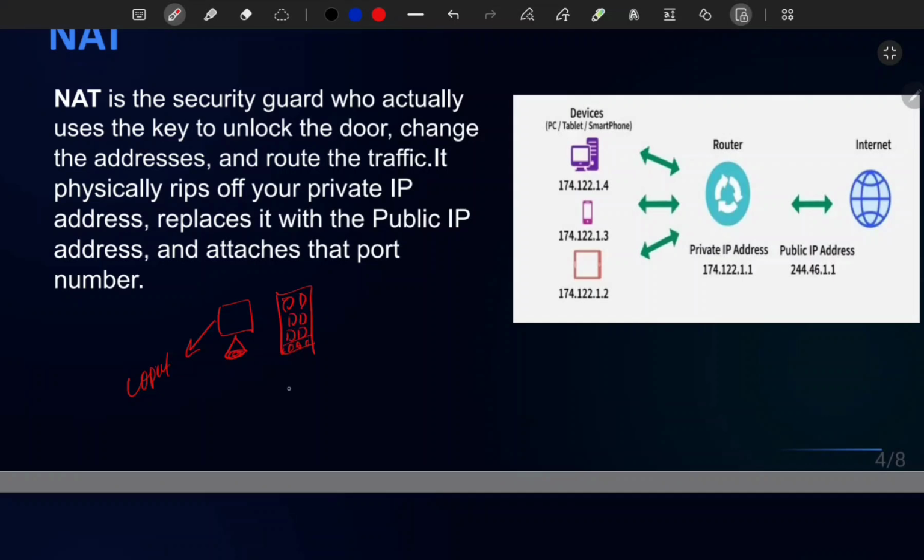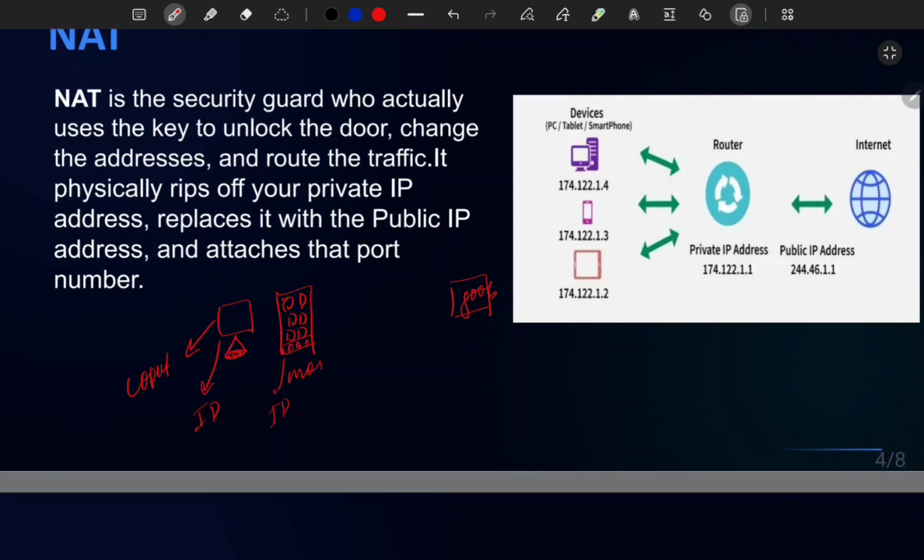Suppose you are sending a request to Google. Every system has a unique IP address. The phone has one also, and the laptop has one also, every one unique.